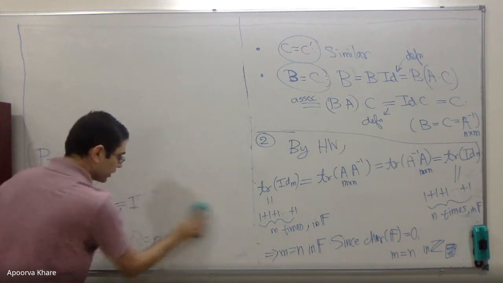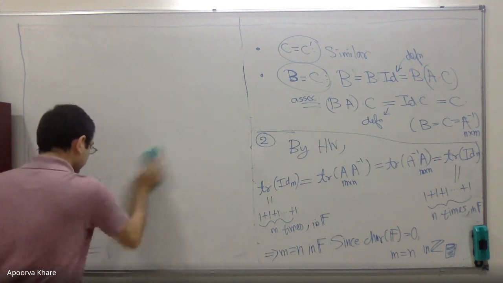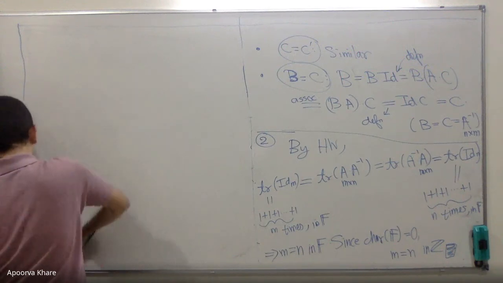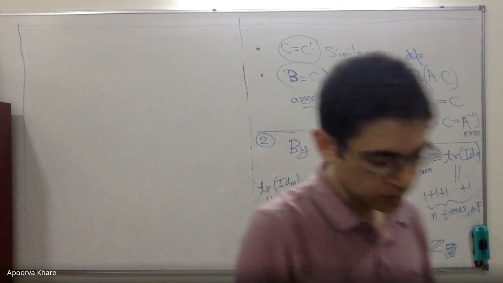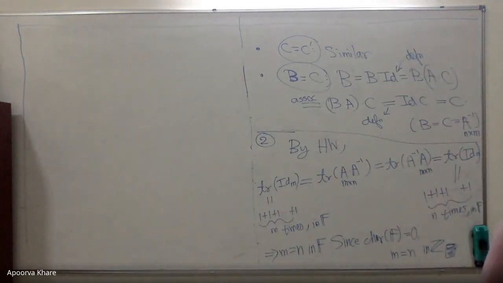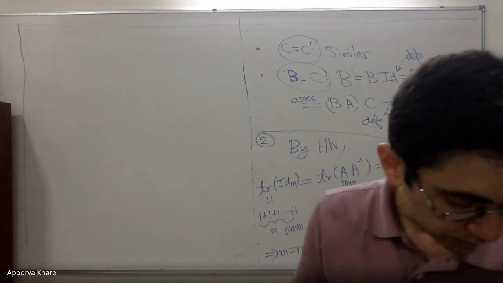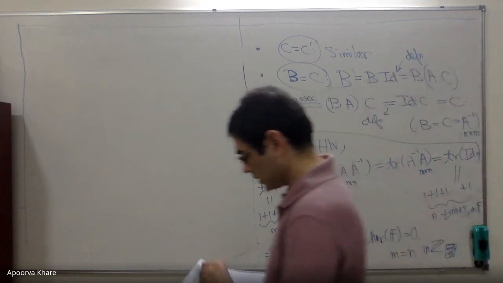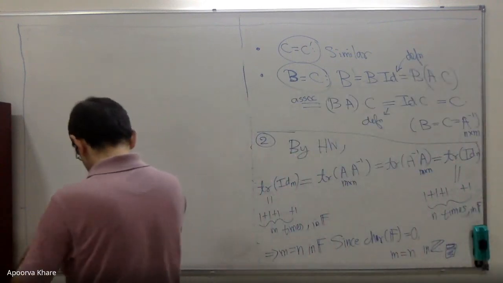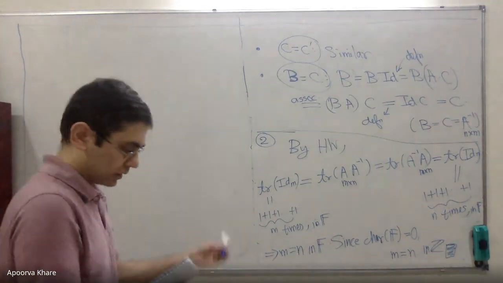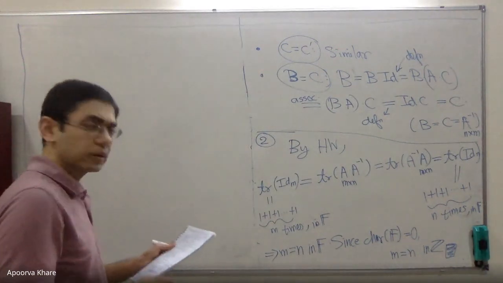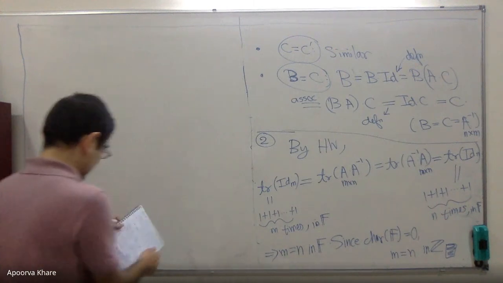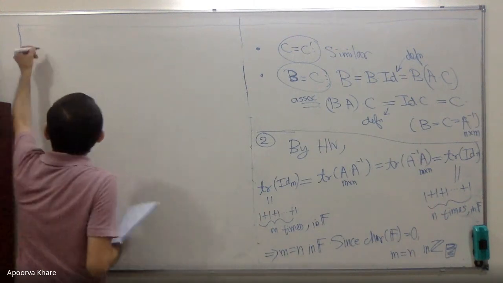Okay, so that was all about invertible matrices. Now let me tell you a little something else about matrices. It has to do with triangular matrices. Okay, these are some very nice class of matrices which we will see and use also. Okay, so triangular matrices.